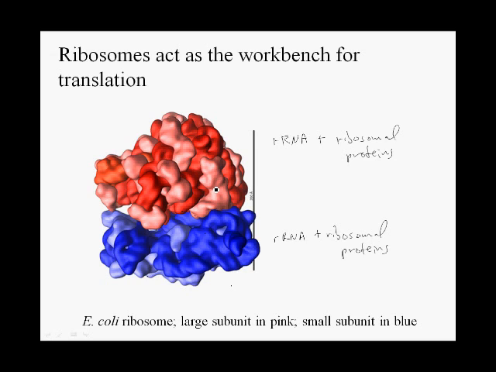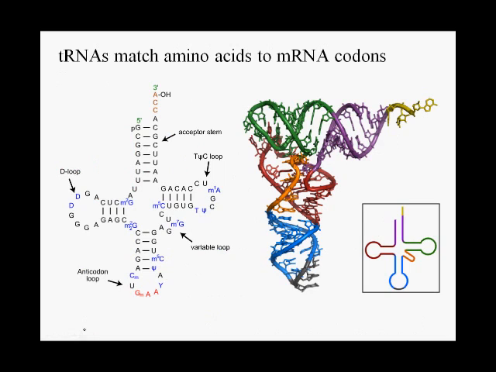They all assemble into this rather large complex, and the ribosomal RNA molecules comprise an important portion, certainly by weight as well as by volume, of the ribosome, and the ribosomal RNA plays a key role in forming the catalytic site of the ribosome. Another key player is the transfer RNA, also known as tRNA. So tRNAs are also called transfer RNAs.